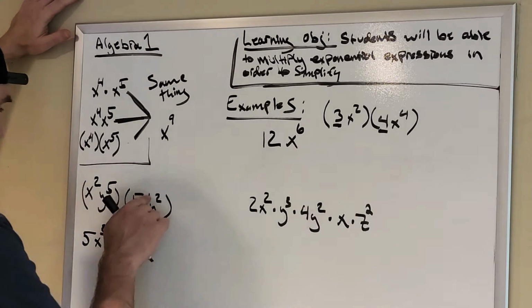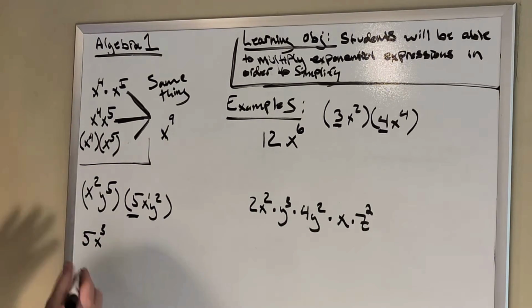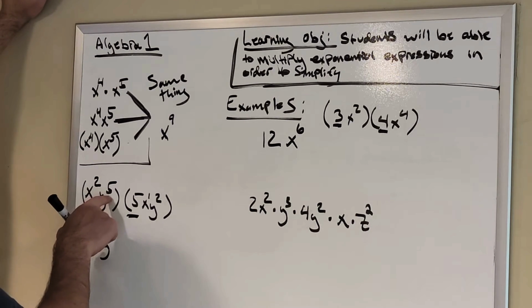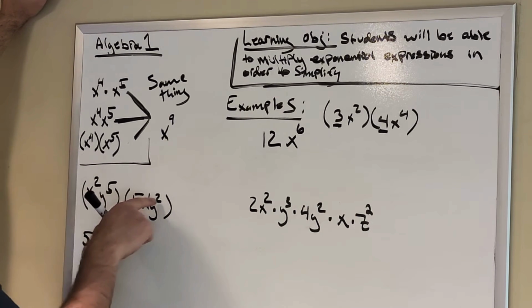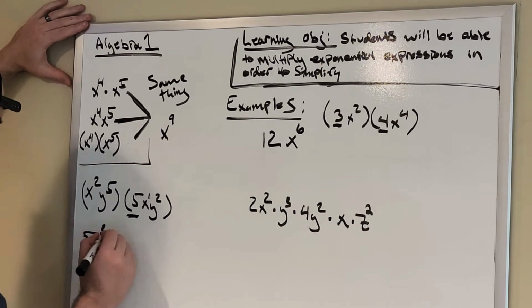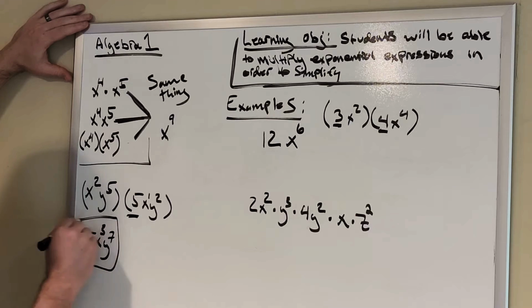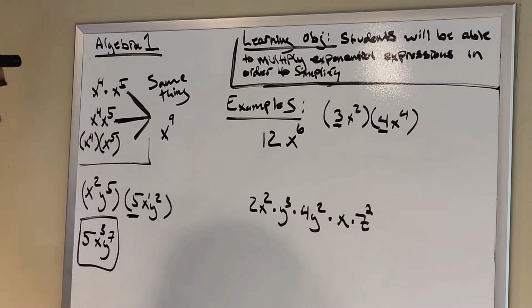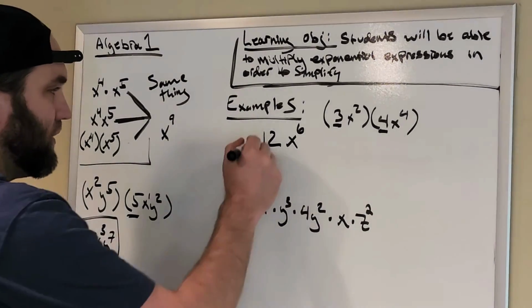Now, I got to take a look at my y's. Bring down my y because I know that's another one. I'm going to say, okay, I have y to the 5th and y squared. 5 plus 2 is 7. Okay? 5x cubed, y to the 7th. Or 5x to the 3rd, y to the 7th. All right,